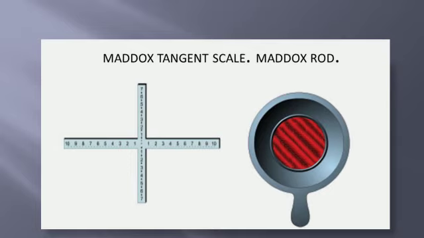Another test that we can perform is a prism cover test, and the next test of very prime importance is the Maddox rod test. The instrument that we use for this particular test is a Maddox tangent scale, which is kept at a distance of 6 meters, and it is placed in front of one eye with the axis of the rod parallel to the axis of deviation. The principle on which this Maddox rod test works is that due to dissimilar images of the two eyes, the fusion is broken. And as soon as the fusion is broken, the previously latent squint now becomes a manifest squint and becomes quite obvious.